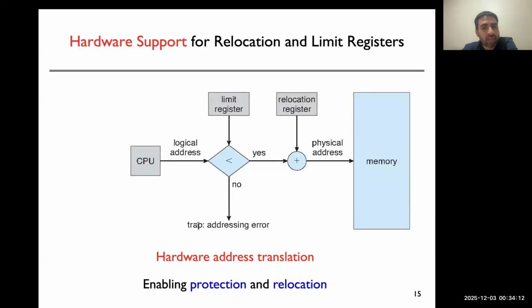I think we had seen this slide in the last lecture, but let me go through it quickly. So how do these two registers, the limit register and the relocation register, together get used for protection? Any address which is generated by the CPU, any logical address, what you do is